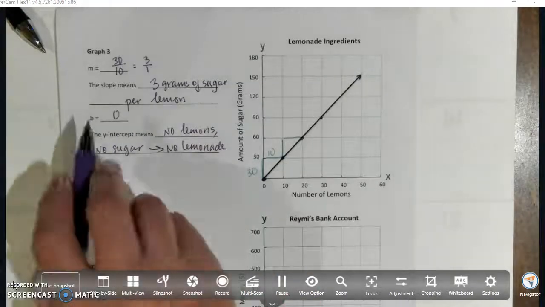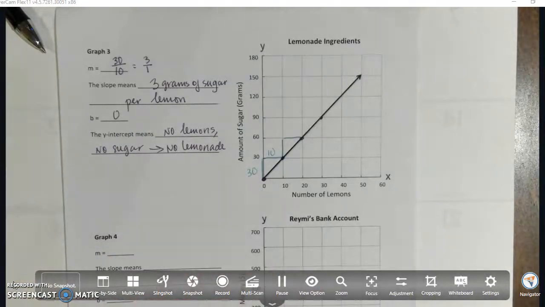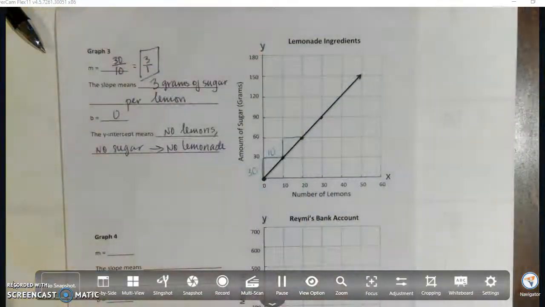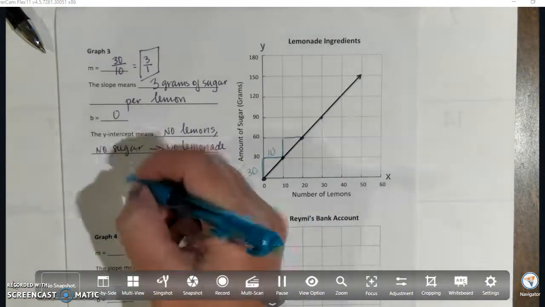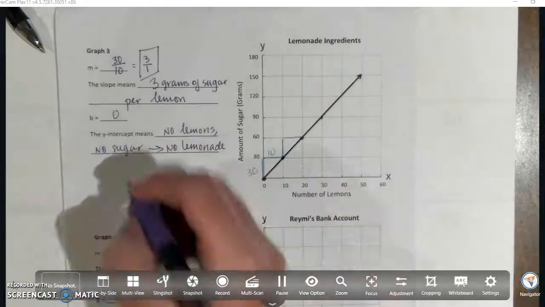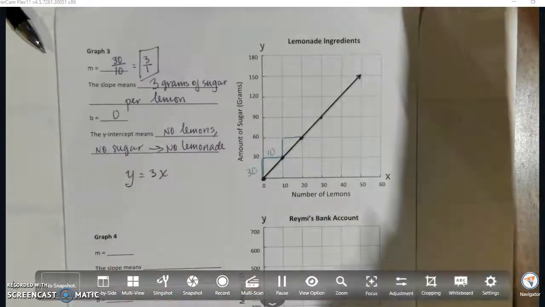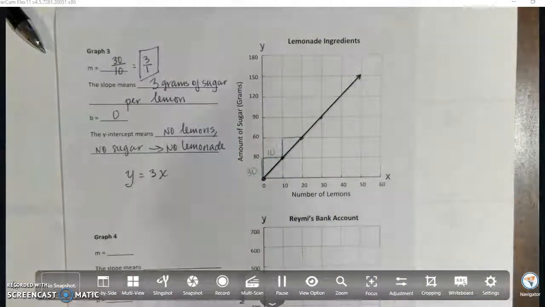Or you could have said here 30 grams of sugar per 10 lemons. But as you reduce it, you are making sure you are explaining this particular smallest, simplest ratio. And so from here, your graph will have an equation y equals 3x,